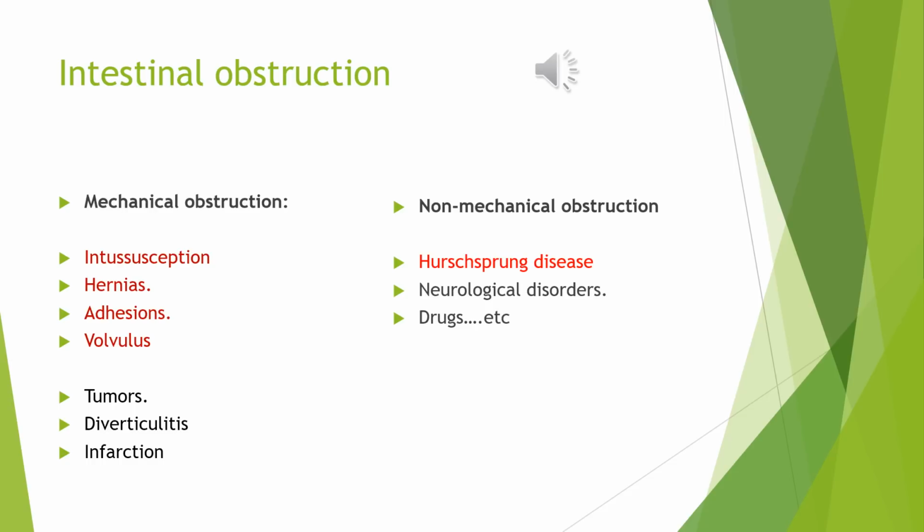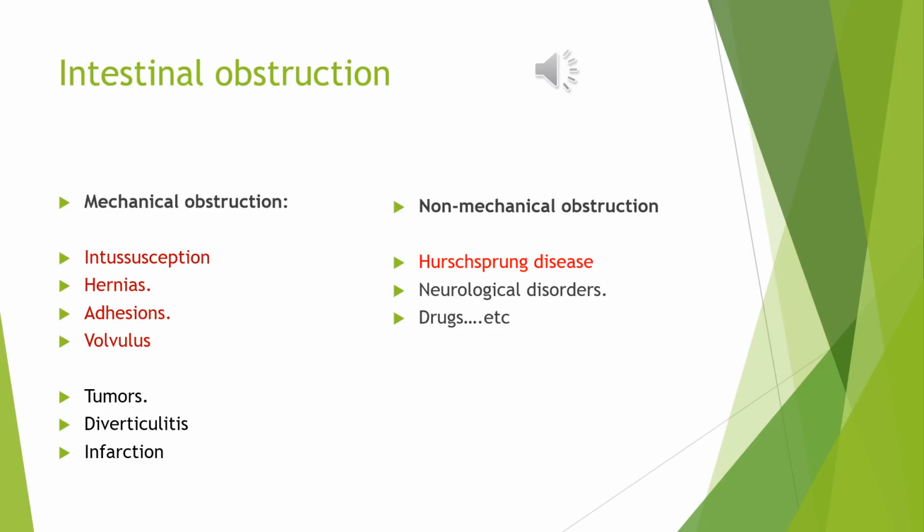Intestinal obstruction is an important disease, and it is subdivided into mechanical obstruction and non-mechanical obstruction according to the underlying cause. It's just like the mechanical and non-mechanical obstruction that we discussed in the esophagus. The mechanical obstruction is caused by intussusception, hernias, adhesions, and volvulus in about 80% of the cases. We will discuss intussusception in details. The remaining cases are caused by tumors or sometimes by